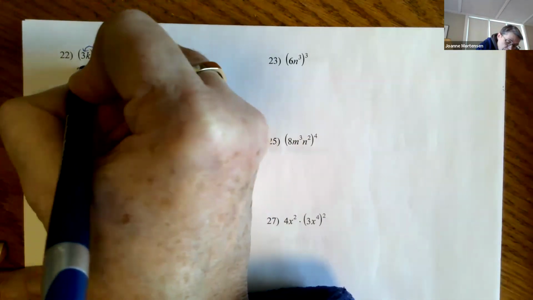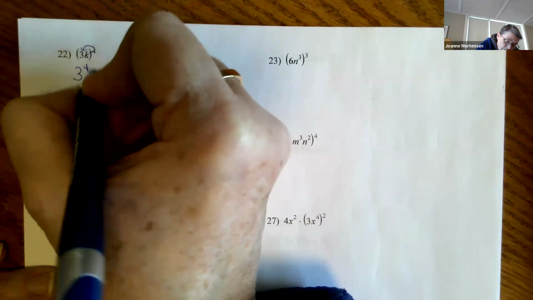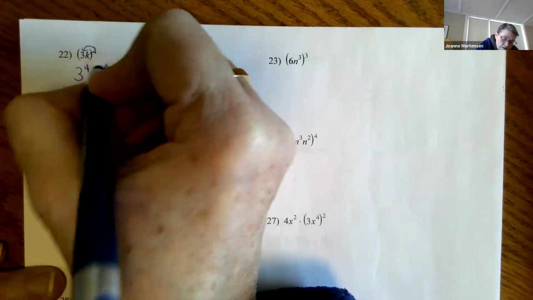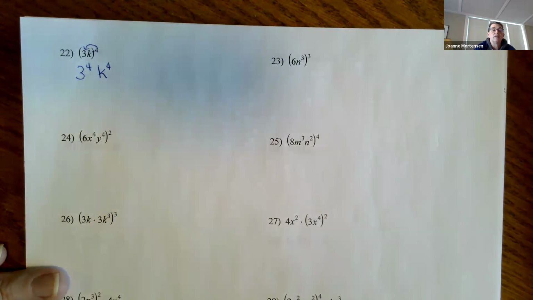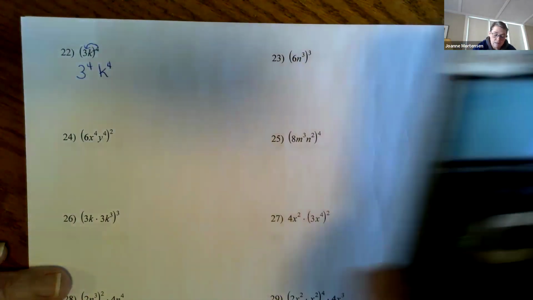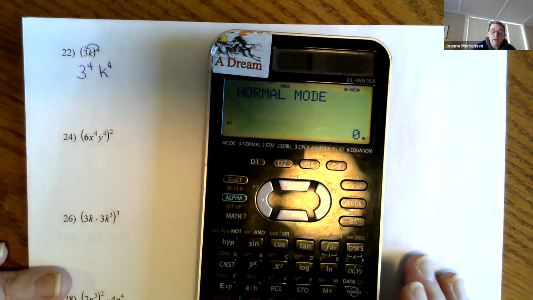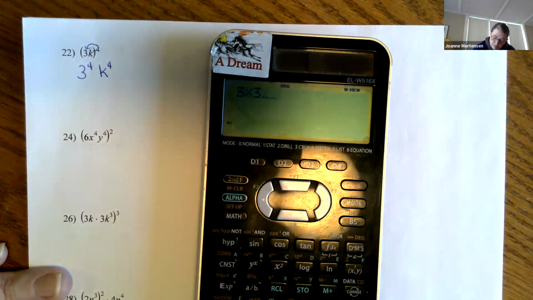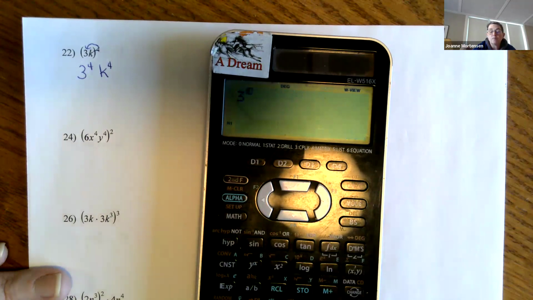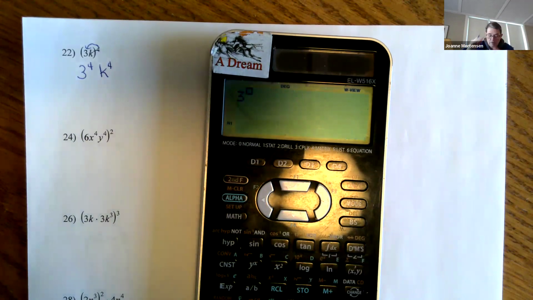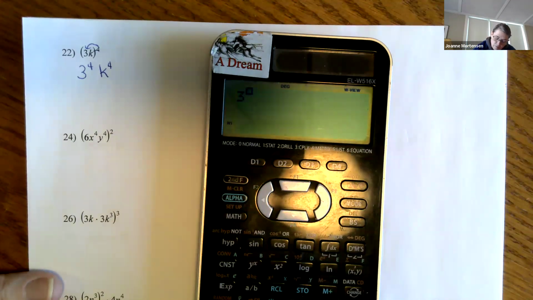This is going to give me 3 to the 4th and k to the 4th, right? There was no number on either of them, so we just take that 4 and distribute it. So I can go 3 times 3 times 3 times 3. That's 4 of them and get 81. Or I can go 3 and use my exponent button. Again, on yours, it's probably a little top of the house looking thing, whatever you want. And 4